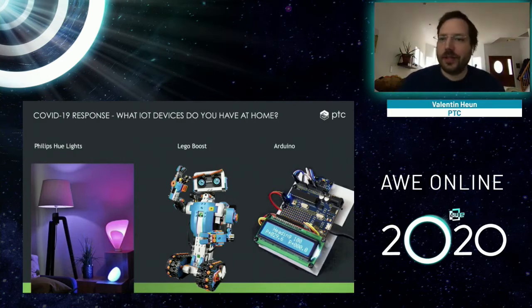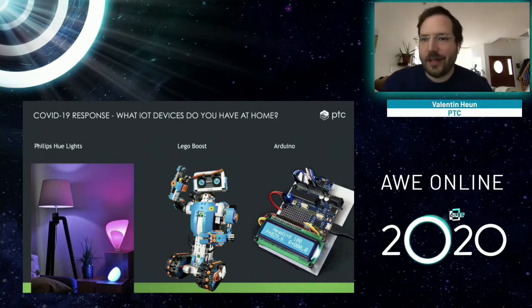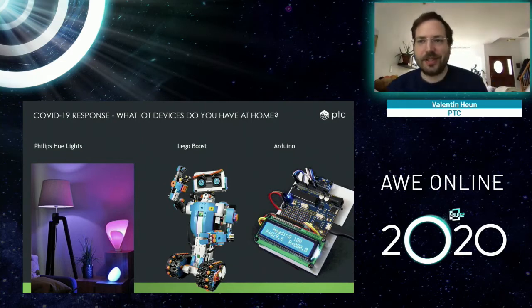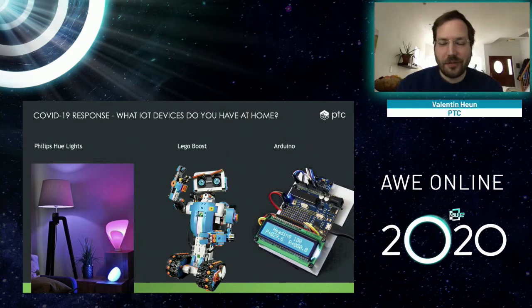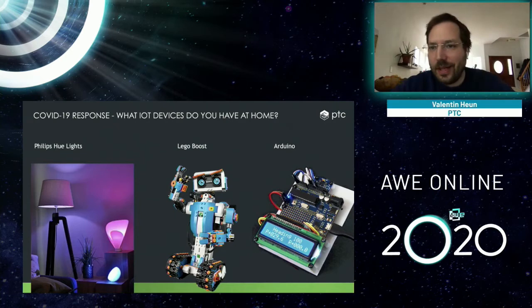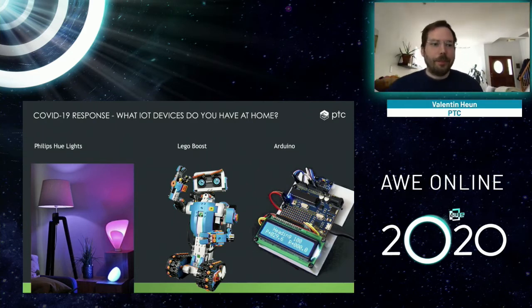The interesting thing is we published this toolbox in April, or we had the plan to publish it in April, and then all of us started to work from home, like this quarantine edition of this talk. We're sitting in front of a video conferencing tool, and we're not in factories, and we're not in innovation labs, and we're not having the tools around us that we usually would work with professionally. So what we started to do, because this toolbox is so extensible, is build hardware interface add-ons for things that we have around us at this point in time.